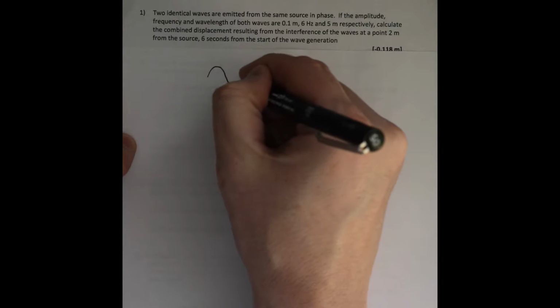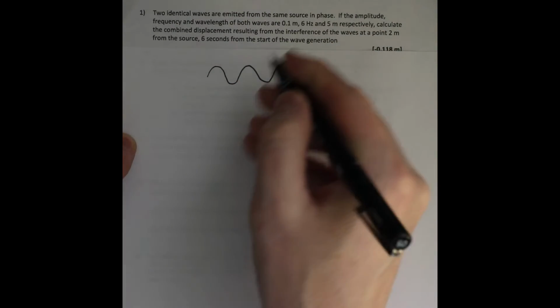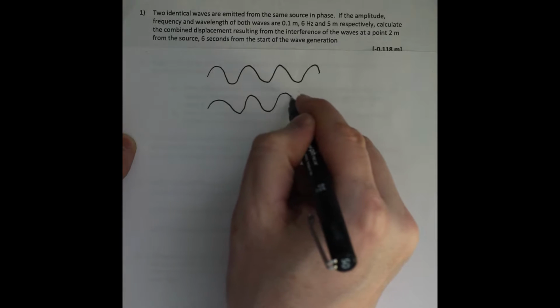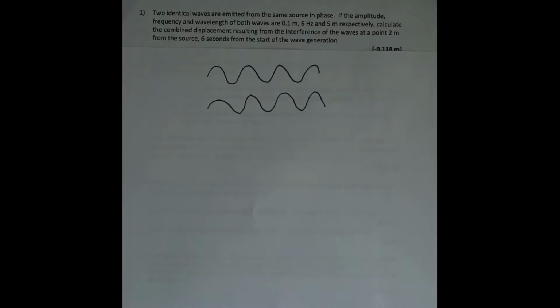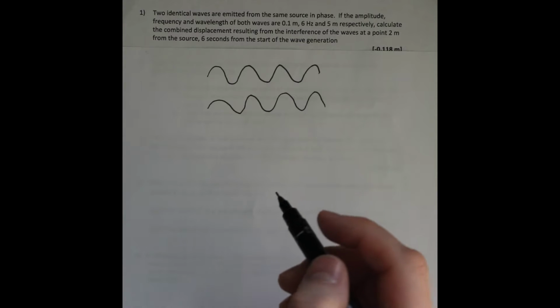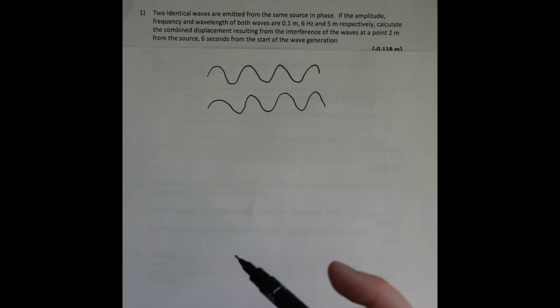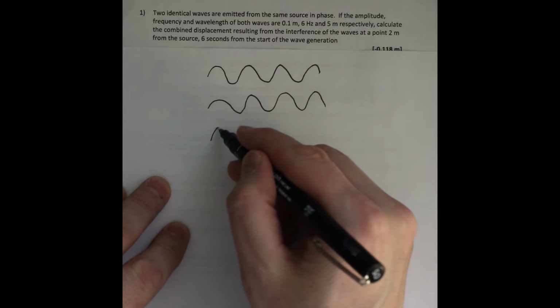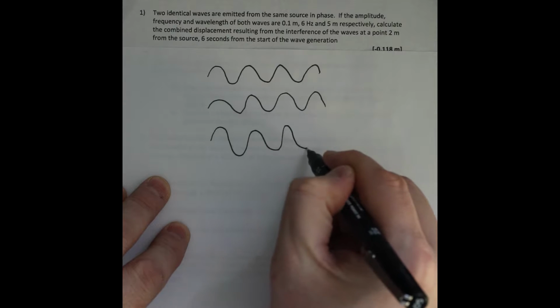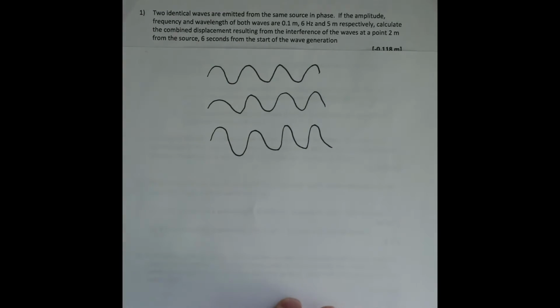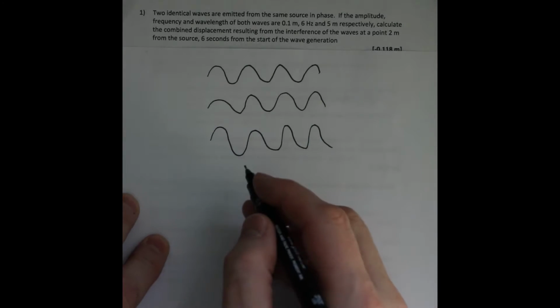Okay, so if we look at what this means, we've got two waves that look exactly the same, and they have exactly the same properties. If they are emitted from the same source in phase, they're going to constructively interfere. So what that means is we're going to get a resulting waveform that has double the amplitude of each of these individual waveforms. And the reason for this is that